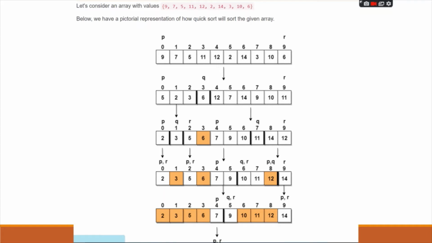So what we're going to do is, from the sub arrays themselves, we'll take one more pivot, that is one pivot from the first half and one pivot from the second half. As you know, the pivot would always be the last element of the sub array. So here in this array, from 0 to 2, the last element is 3. So 3 becomes our pivot, and from 4 to 9 our pivot is 11. So 11 becomes the pivot for the sub array 4 to 9.